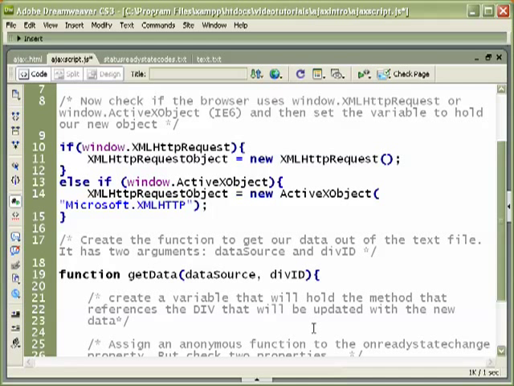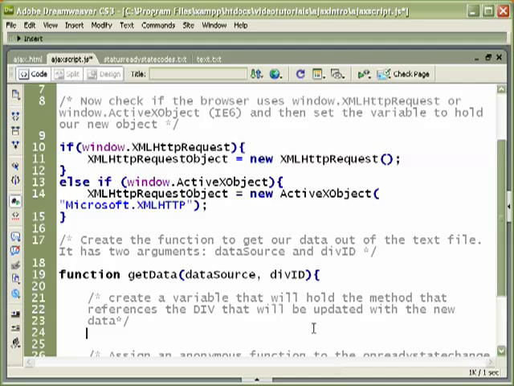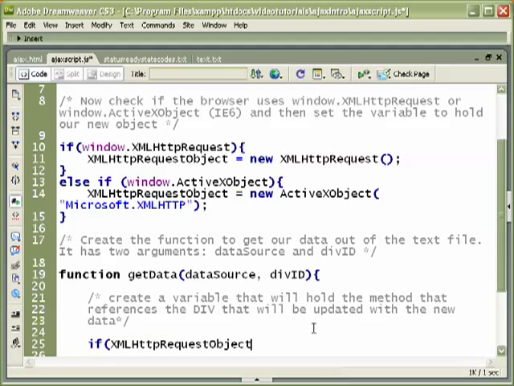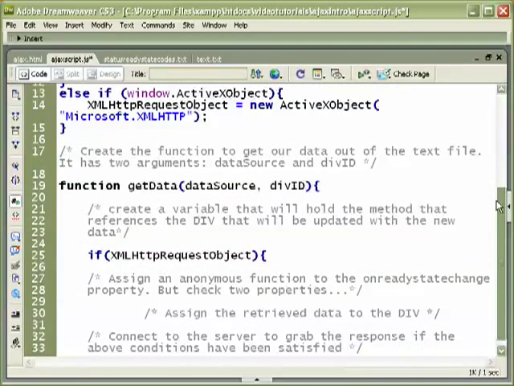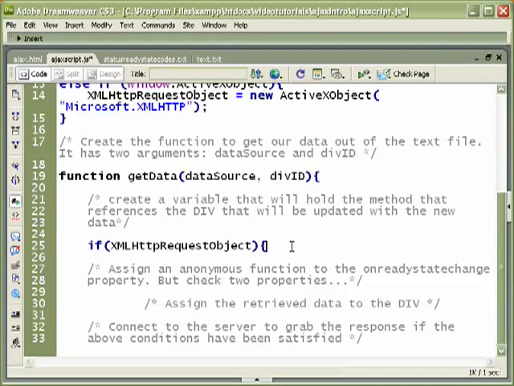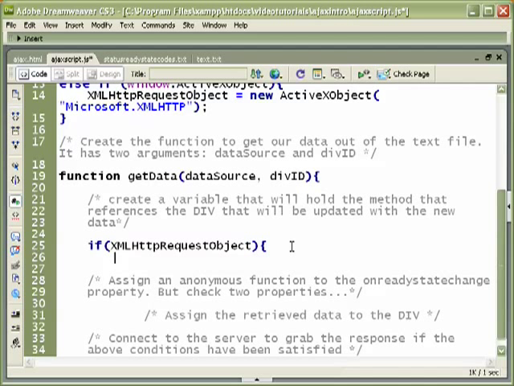The first thing we need to do inside the function is check to see, like I said, if the XML HTTP request object exists, if it was set in the variable. So let's go ahead and do that. And if it was, then we need to go ahead and